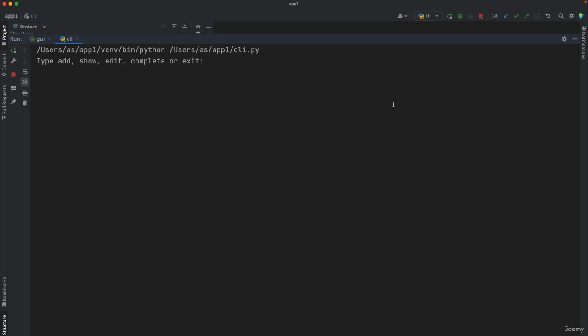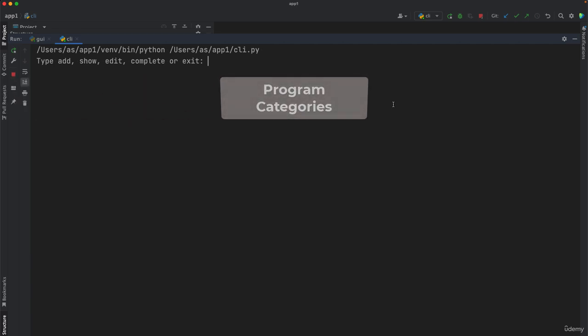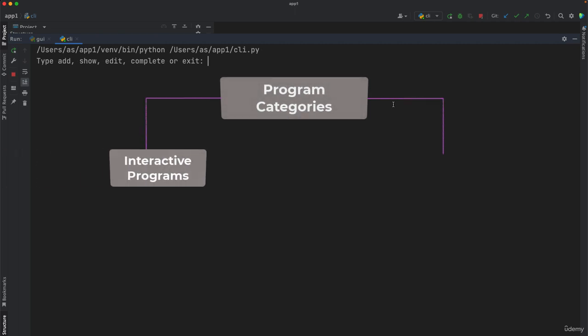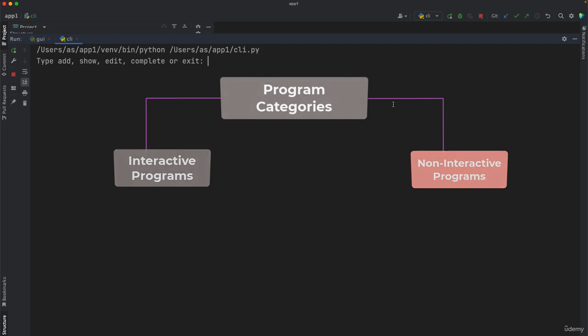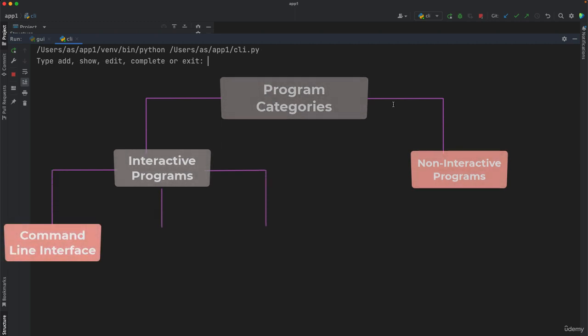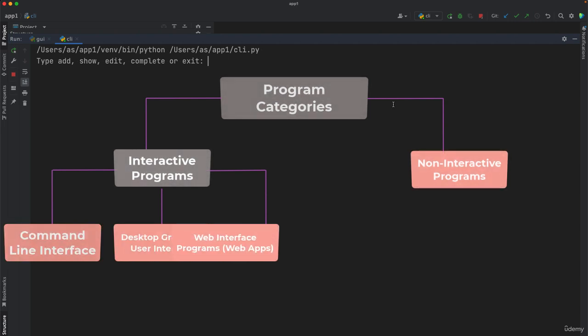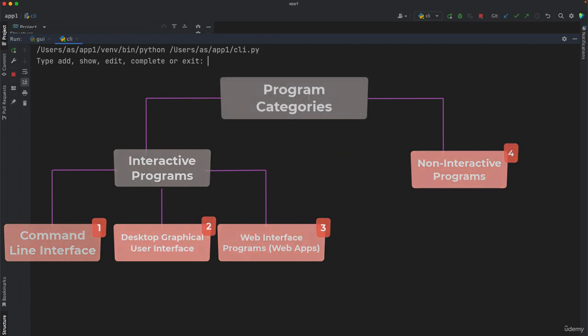Programming is about building programs. So it's very important that you know what categories of programs you can build using a programming language. And there are two categories: interactive programs and non-interactive programs. Interactive programs can also be divided into three other subcategories: command line interface programs, desktop graphical user interface programs, and web interface programs. So in this video, I want to show you an example of all these types of